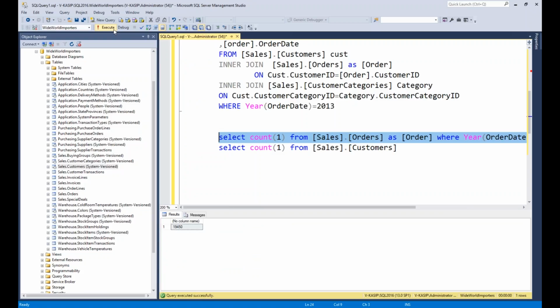So if you filter out your records in the beginning itself, then all the subsequent joins will be reduced. You got it? So instead of joining 73,000 records with the category table, it will just join 19,000 records only to the category table. That will reduce the number of joins you have to make internally for each row.